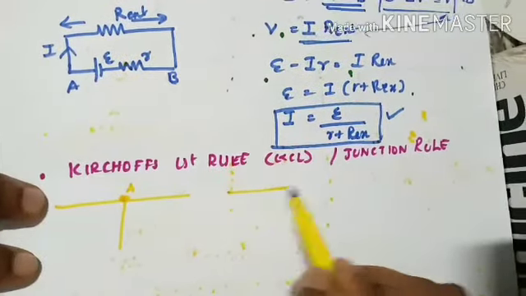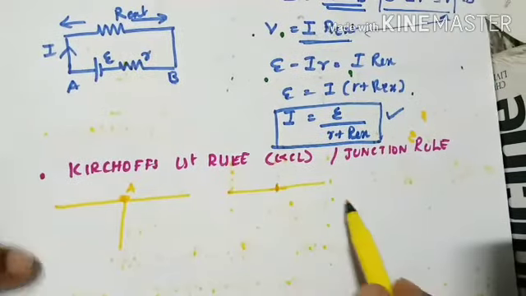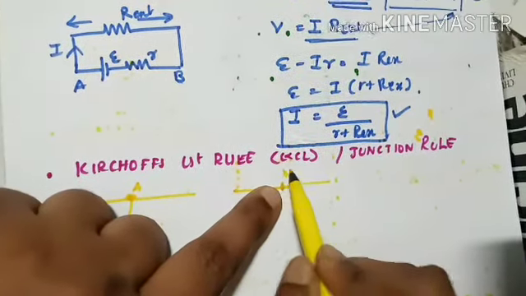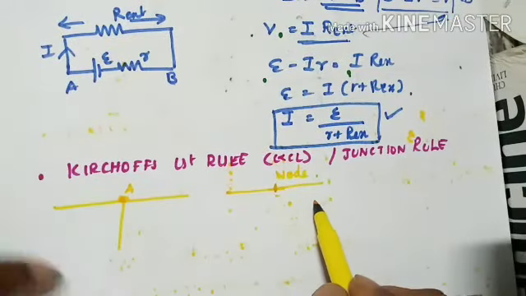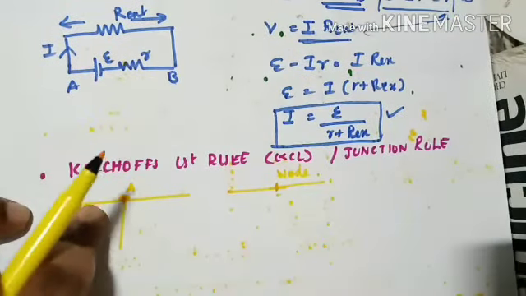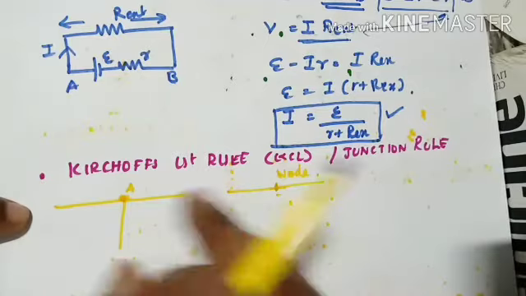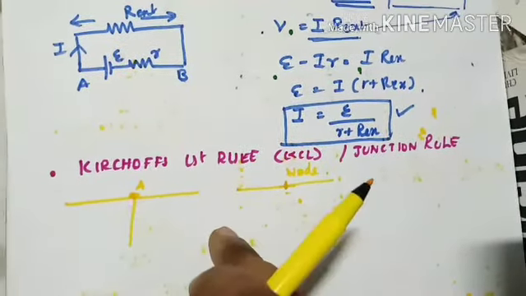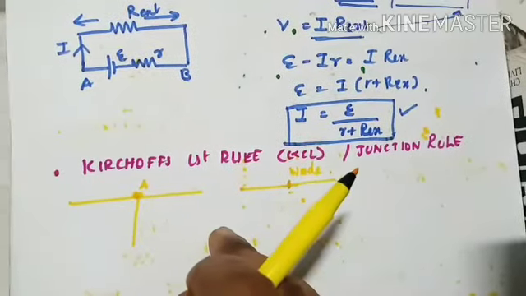Suppose there are two wires connected and they are forming a connection, this doesn't become a junction. This is known as a node, guys. So when does a junction come up? When three or more wires come to form one singular connection, that becomes a junction. This much should be very, very clear.